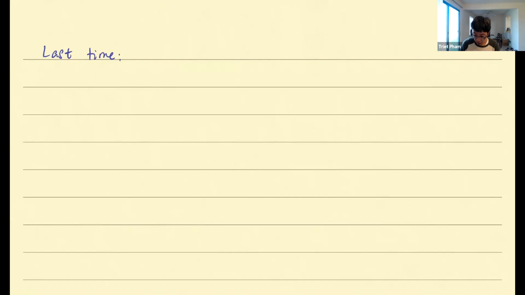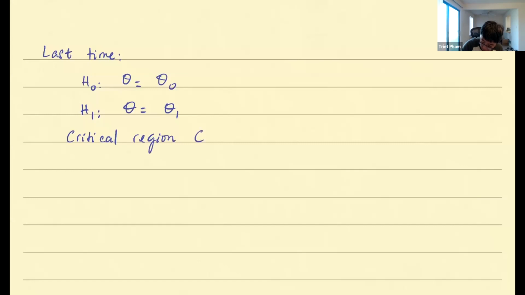What we were discussing was the idea that if we have hypothesis tests H0: theta equals theta naught, H1: theta equals theta 1, and we have a critical region C of size alpha, then the power of C is